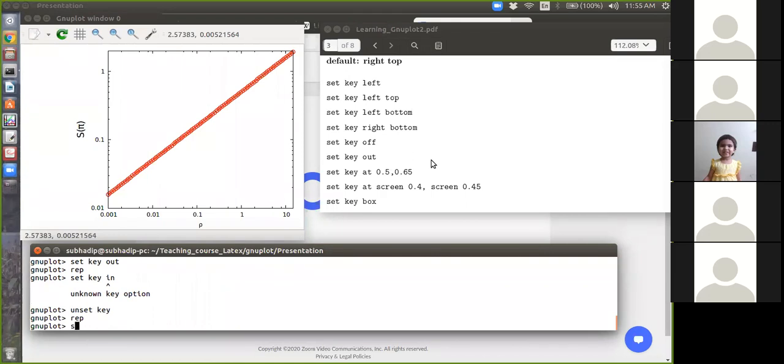It has changed the size of the plot. So the set key out command has changed the size, and I want to recover the earlier thing.